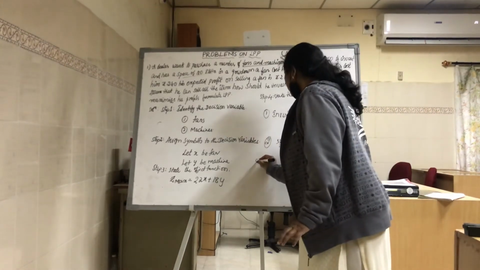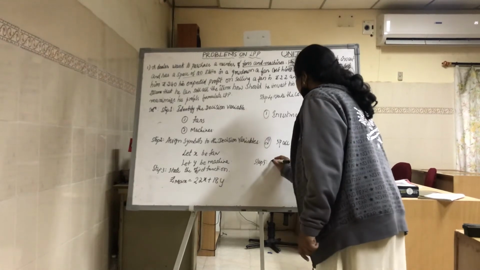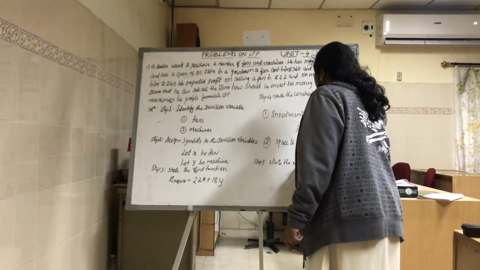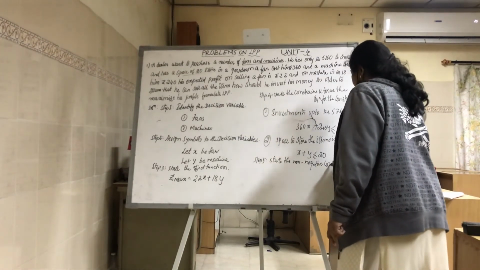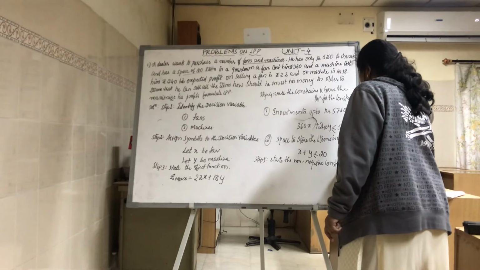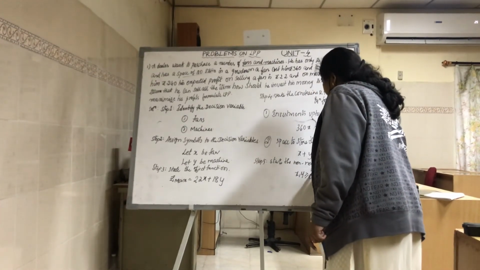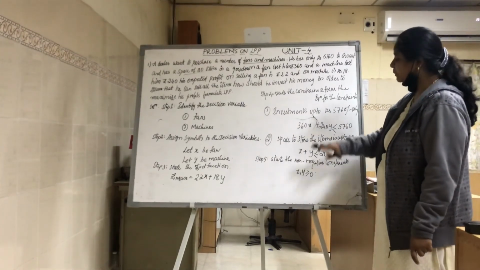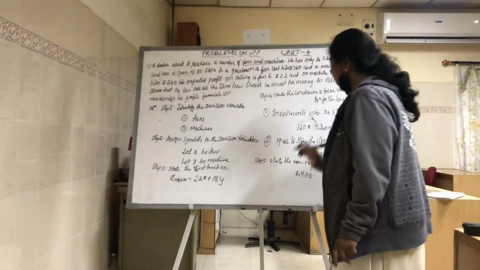Okay. So step 5, that is state the non-negative constraints. That is x, y should be always greater than or equal to 0. That is, it should not be negative, it should always be positive. It should be equal to 0 or greater than 0.